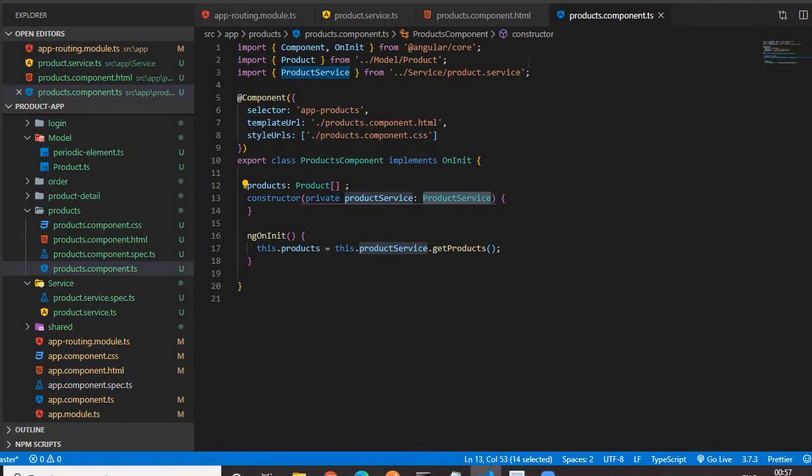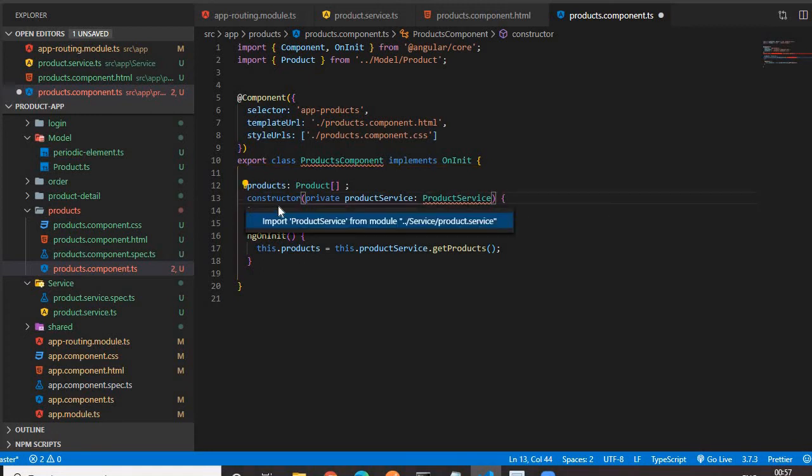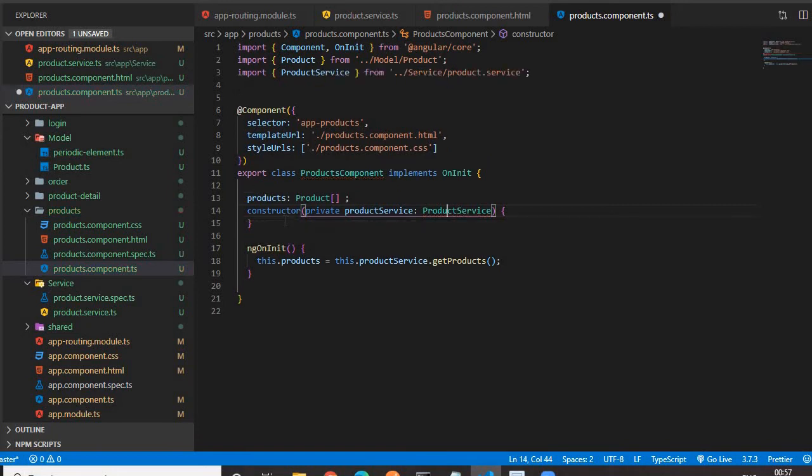Then once we declare it, we have to import that above also. How can we import that? Let me remove the import statement. Once we create a variable of type ProductService, we will get a compilation error because it is not imported yet. So how can we rectify this compilation error? Just click on this name. You will get a bulb icon. Click on that and click on the import statement. It will be imported. Error is gone. So now we have created an object of type ProductService.